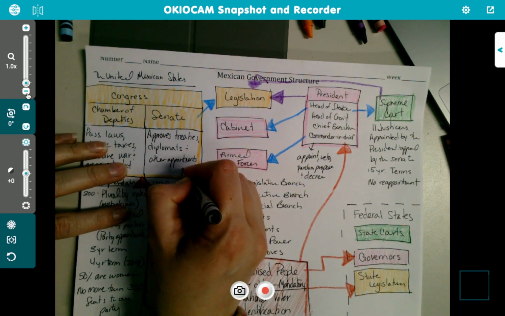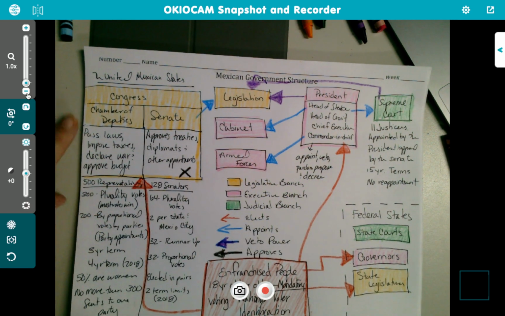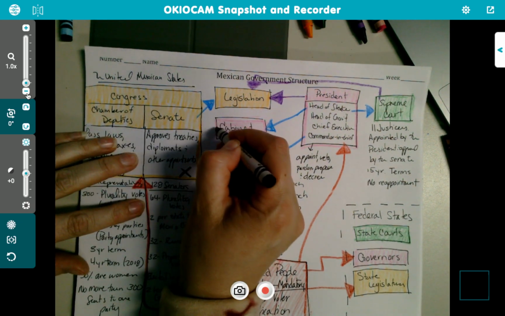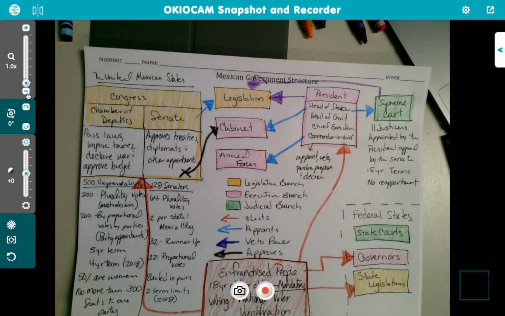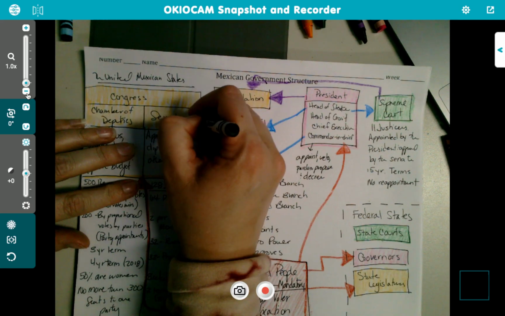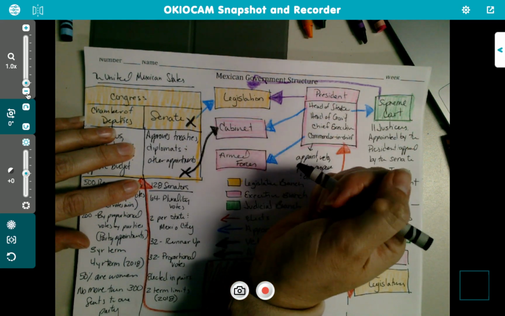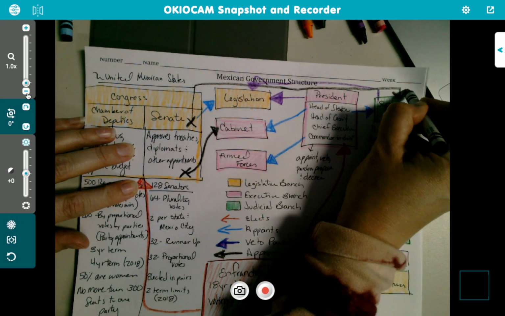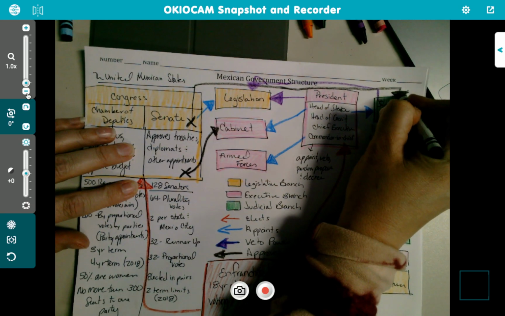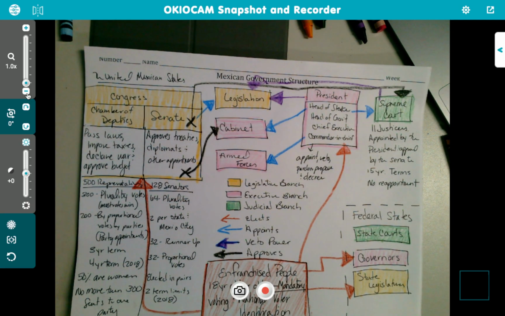Okay, the Senate. I'm going to put an X because it's only the Senate. It's not Congress. It's the Senate that approves the cabinet, just like here in the United States. It is also just the Senate. So I'm going to put an X there because it's only the Senate who gets to approve of the Supreme Court, just like here in the United States. And there you go. That's your front. Very, very similar to the United States of America. Sounds good?